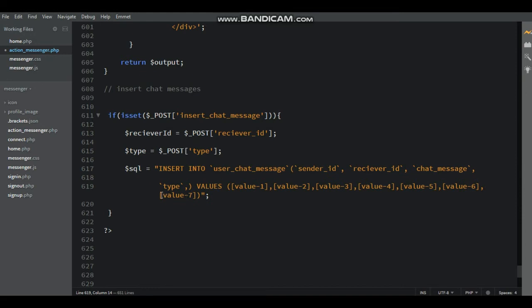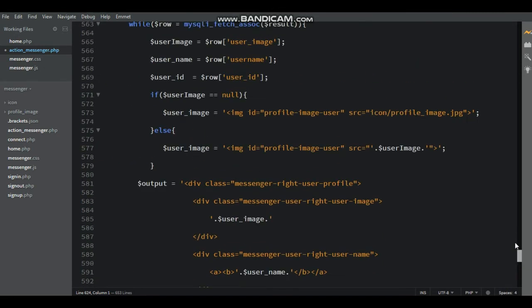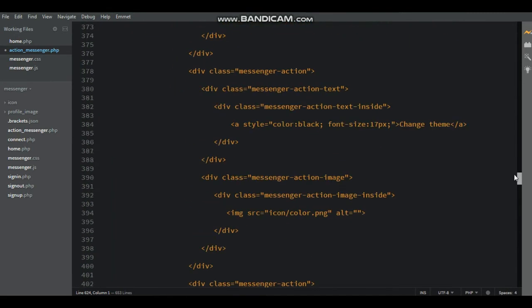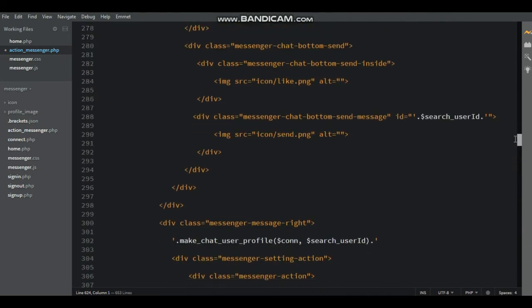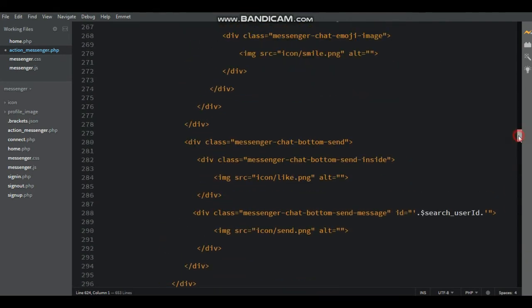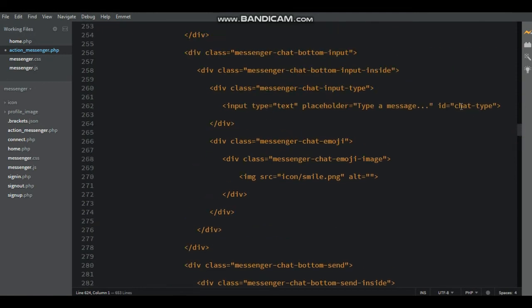Now just go to the messenger.js file. Here that is sending the chat messages. Here that is input field, that is ID, chat type.